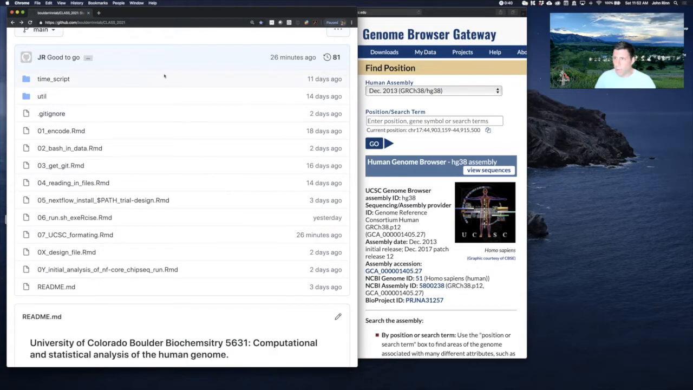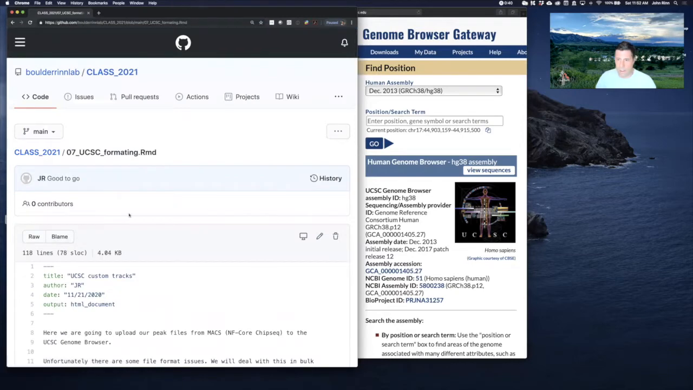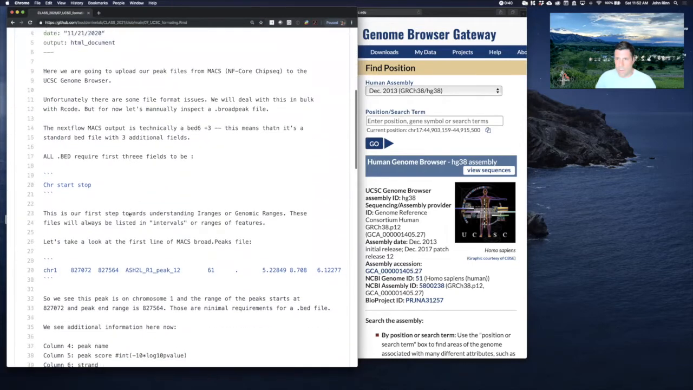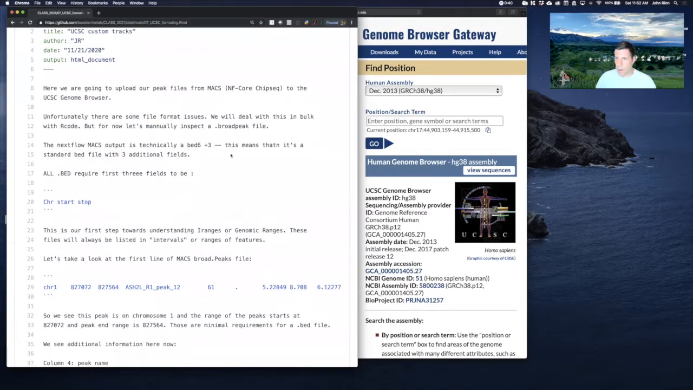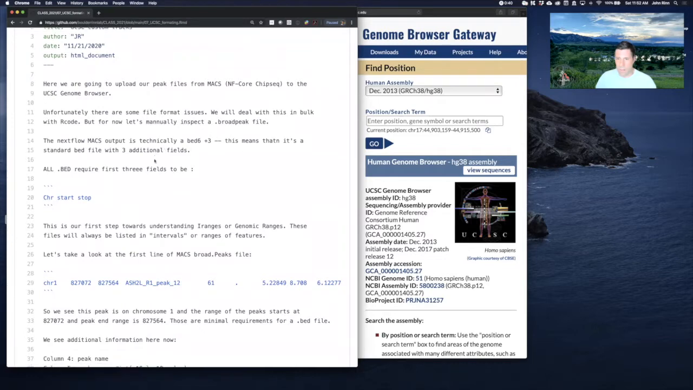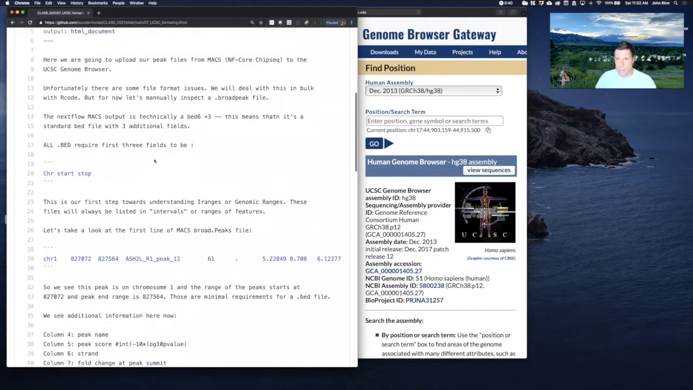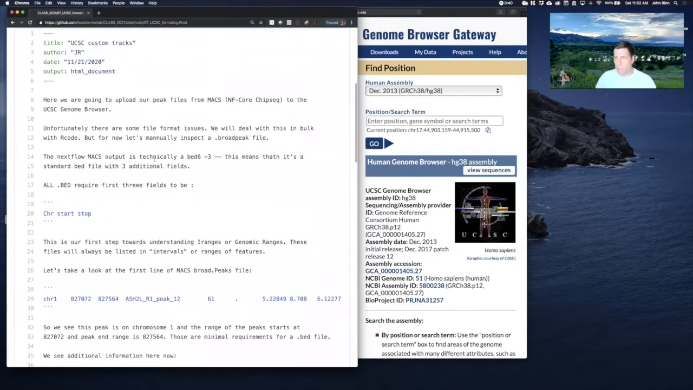First, we're going to explore the UCSC Genome Browser, and then we're going to load in the same files we loaded into IGV, but there will be some extra steps for UCSC. So we have that in '07, UCSC formatting. And first, what we're going to do is just go to the browser and get familiar with it. And then we're going to try and upload our peak files and bigwigs to look at the raw data like